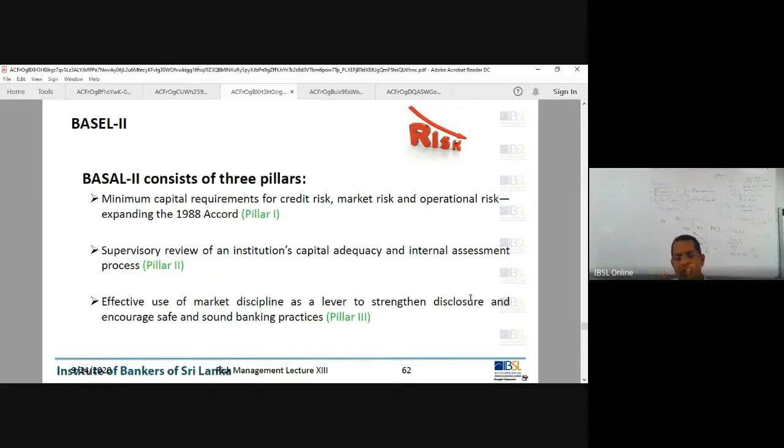Pillar 1 looks at minimum capital adequacy, that is the Cooke ratio, which I didn't tell you earlier. But last week I told you, Cooke ratio, Peter Cooke, right, was the first chairman of BCBS, Basel Committee on Banking Supervision, right? That committee introduced the Basel Capital Adequacy Ratio. He was the Vice Chancellor of Bank of England, right? So minimum capital adequacy,